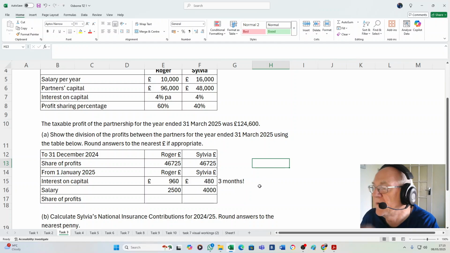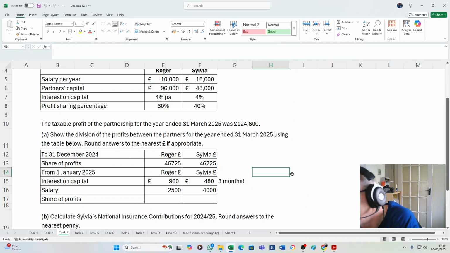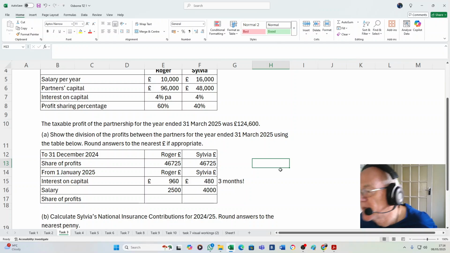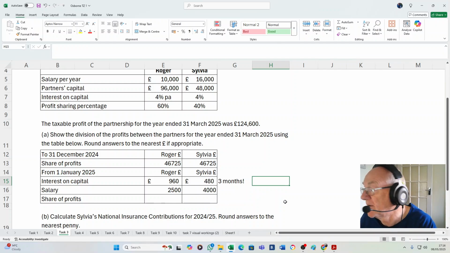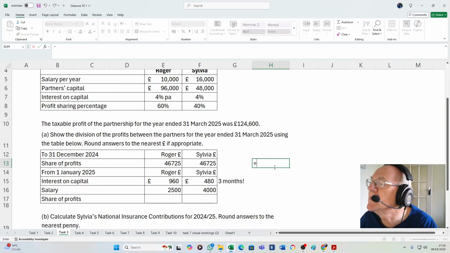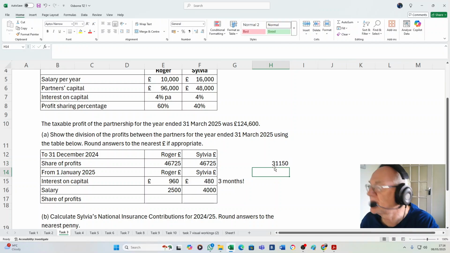And now we've got to work out the share of the profits. So what we've actually got to do is work out the profit figure first for the second part of the year. So actually it needs working out a little bit separately, no harm in that. Separate bit of paper, don't try and work it out straight into these numbers, but we're going to add those back up to the number we're going to work out here. So we had 124,600. That's the profits for the last 3 months, the quarter of the year,